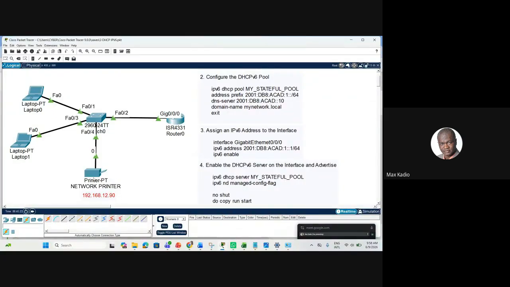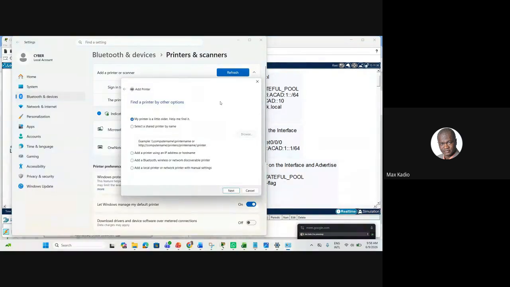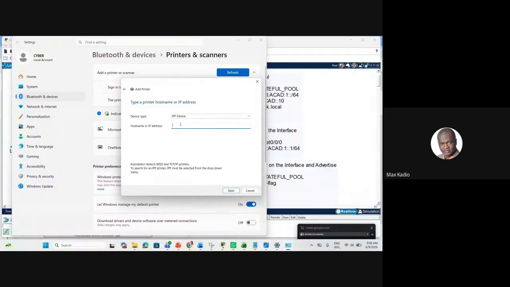Yeah, so you see, this is how it is. So if this PC wants to print, when you install the printer in the PC, somewhere it will ask you, what is the IP address, or what is the cell phone number? In case I want to print, I go to that IP address. Then you enter the IP address. Then anything you want to print will go to the printer, you see.